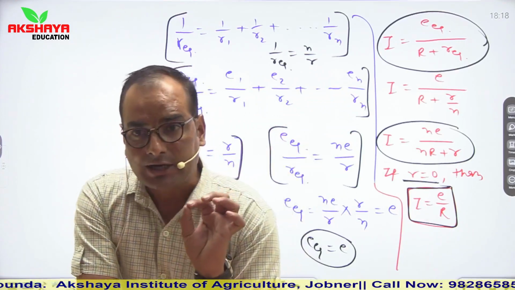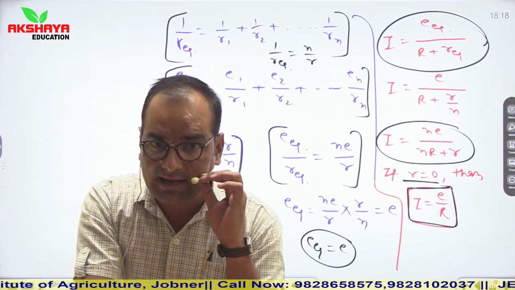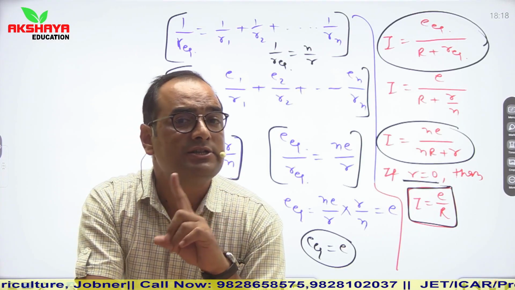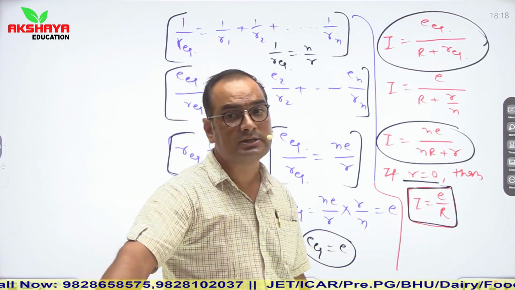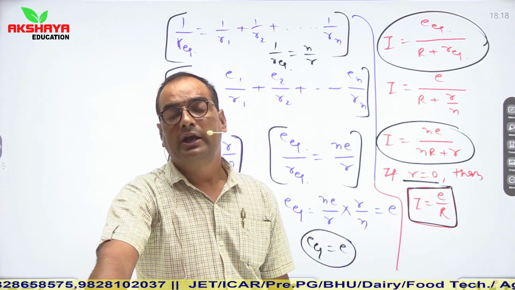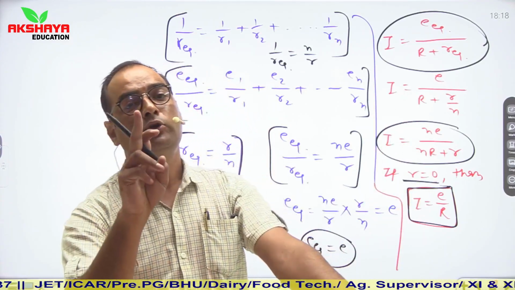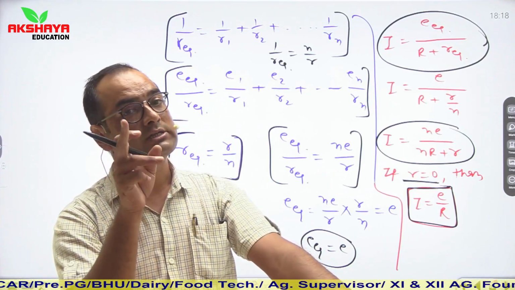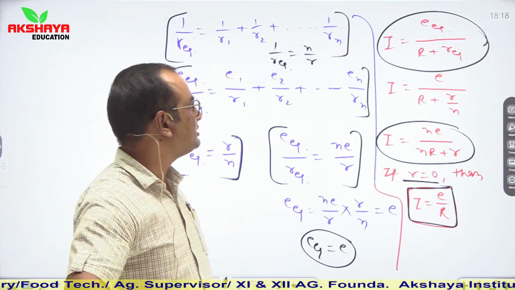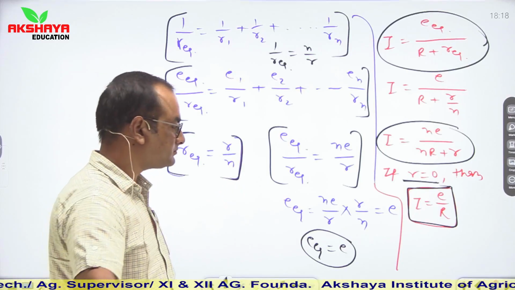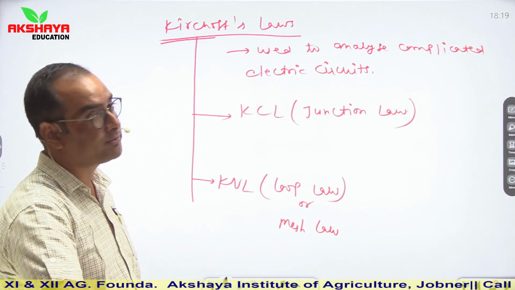n cancels out and our current through the load resistance now remains E upon R. It means in this condition, if internal resistance of each cell is equal to 0, then current flowing through the load resistance is independent of the number of cells connected in parallel. So you can clearly see from this relation that I is independent of n. It means if there are 2 cells or 3 cells or 10 cells, there will be no change in the amount of current if all cells are of equal EMF and 0 internal resistance. Keep in mind. So this is the concept of parallel combination of cells. These are general concepts of cells, and similar simple patterns of questions are asked from this relation.